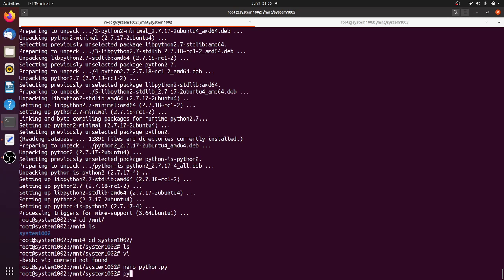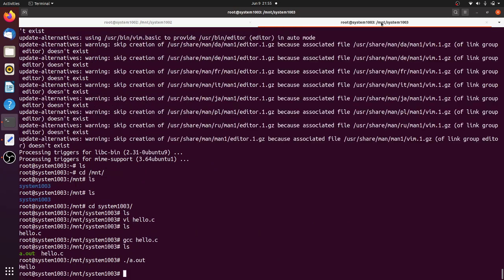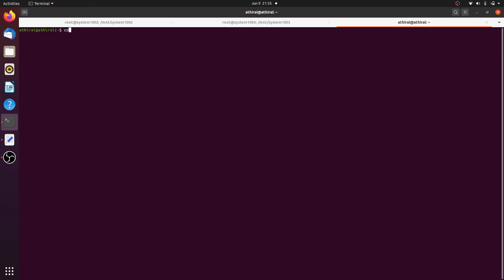So similarly here you can see Python 2 got installed in system 1002 and the password is changed in this machine. Here I can give some other password and everything is isolated. So if some other user in system 1003 is going to do something, the other system will not get affected, because everything is in the single host, in my host machine.